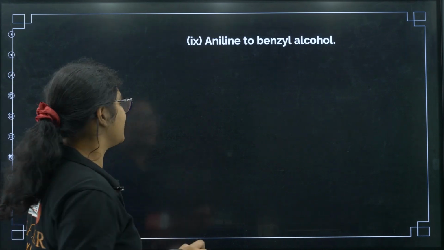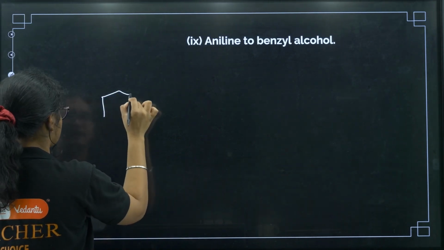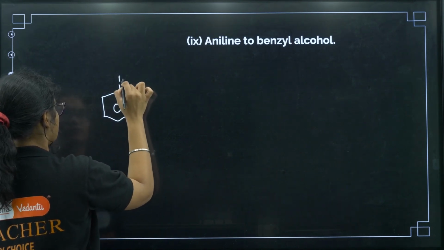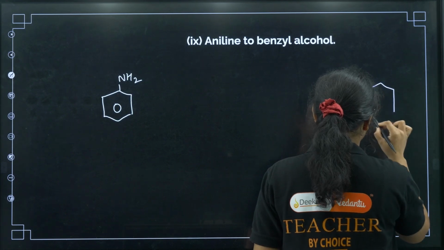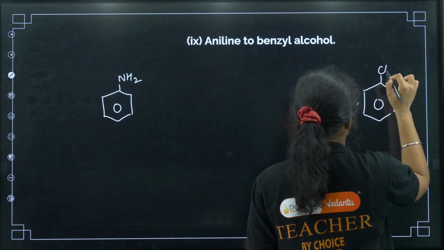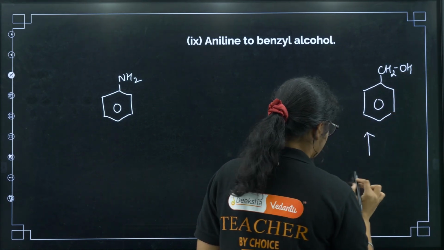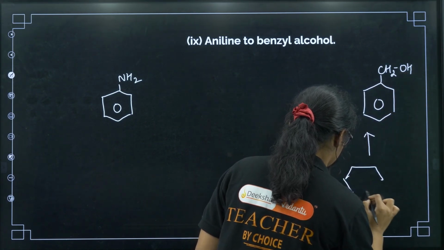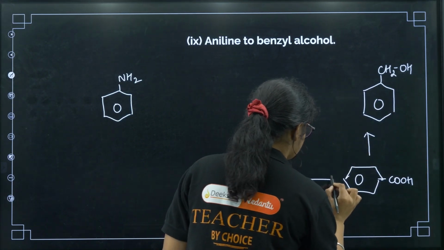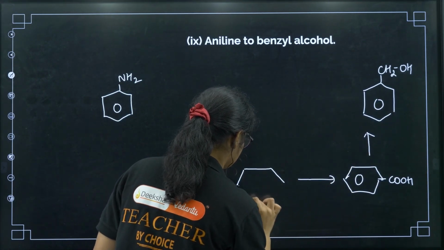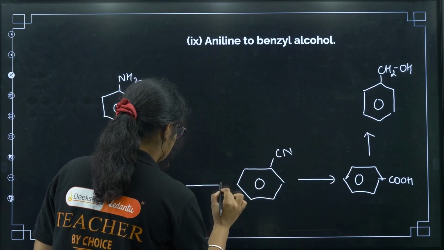Let us see the next question, that is aniline to benzyl alcohol. So suppose you have aniline here, and you want to get benzyl alcohol. Benzyl alcohol is CH2OH. So this I know that I can get from the CHO group if I reduce this, I'll get this one, right, and this one I can directly get from this one, right, and this one I can get from